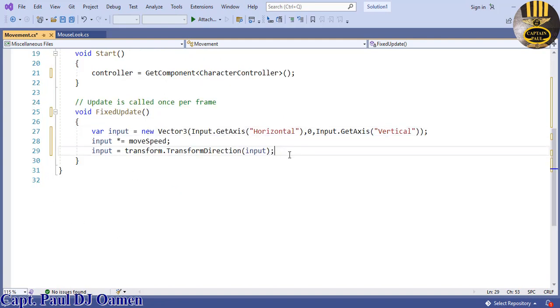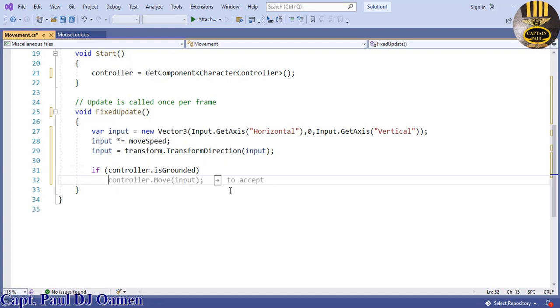And the next thing we need to do is to check if the controller's bottommost point is actually touching the ground. So we'll use an if statement there. So if controller.isGrounded, let's enter